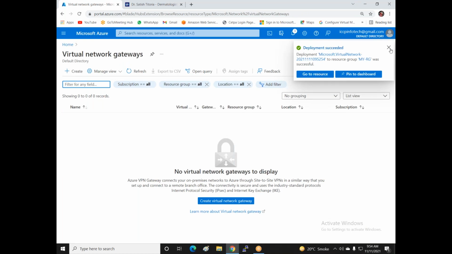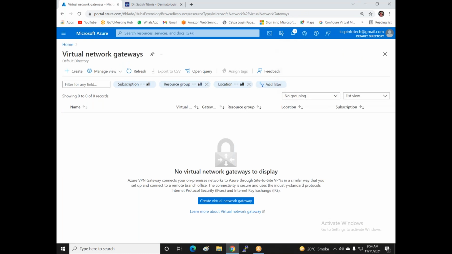Now I've created two VNets and both VNets work in different regions. So that's why I'm creating a virtual network gateway for each region, as per the VNet. So as with creating the two VNets in two different regions, I'm creating two virtual network gateways in two different regions. Now I click on create